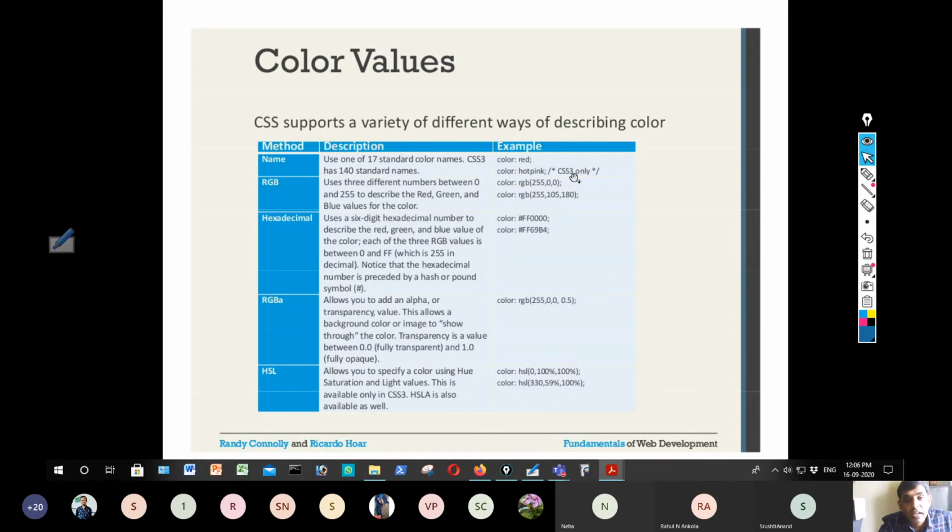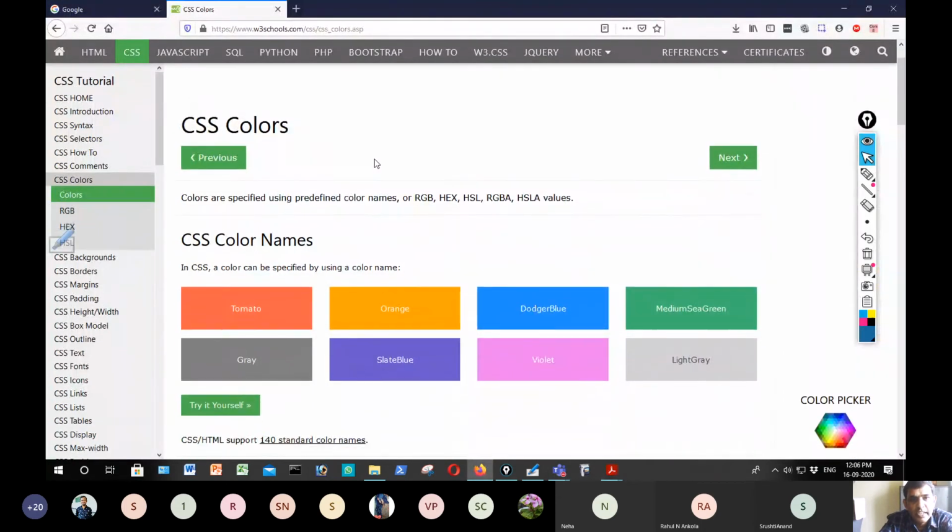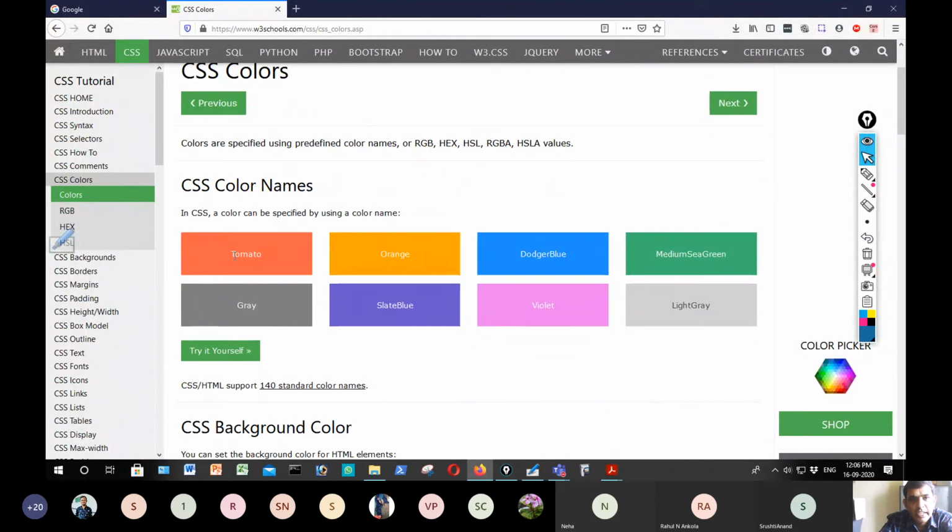You may ask, where can I get all these names? You can go to the W3C website, w3.org, and get them. Or you can see the colors, especially on W3Schools, where all the color names are listed, like tomato, orange, dodger blue.